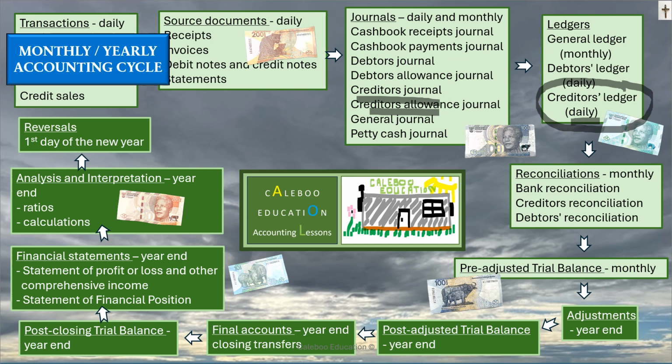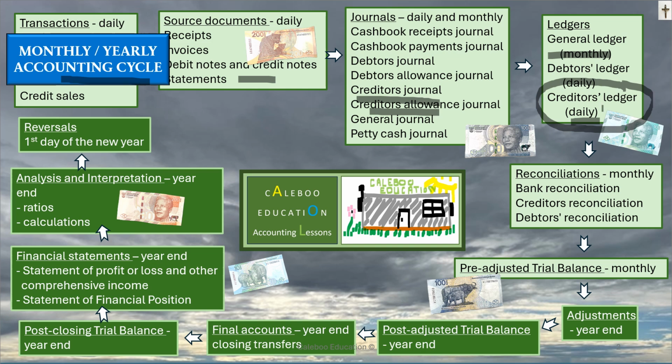Remember, the creditor's journal is to record transactions where we purchase on credit. I'll just briefly show you some source documents, and remember, we're looking at what we do on a monthly basis. And specifically in this video, like I mentioned, we're going to do the creditor's control account in the general ledger. It's posted to on a monthly basis, and we're going to look at the individual account of the computer store